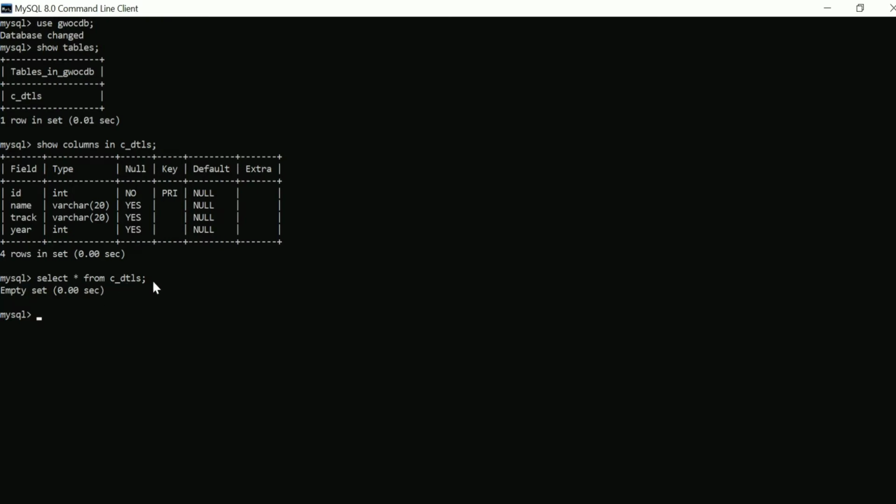Right now the contributor details table is empty. Let's fill in a few data inside the table using insert command. Write the column name. Fill the data inside the bracket. Since name is a string, write it inside single quote.